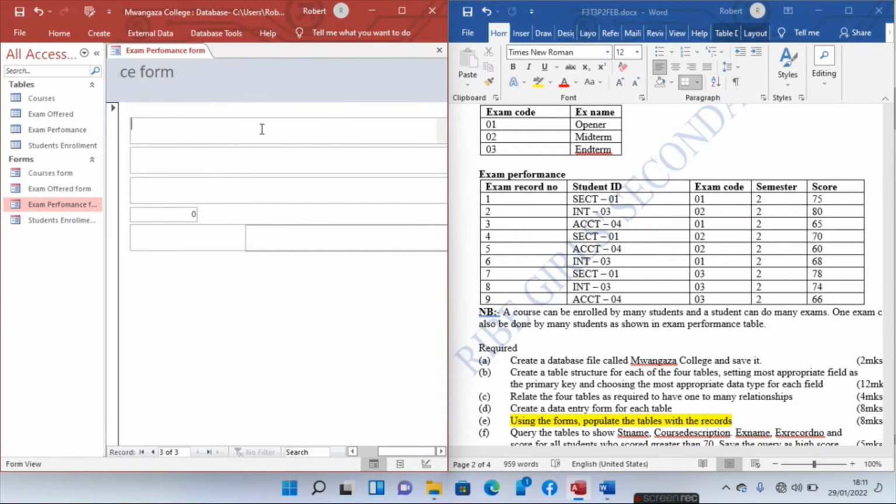The other student, record number 3, is done by ACCT 03, and exam code is 03, and it is time 2, and the person's score is 74, and the last record is